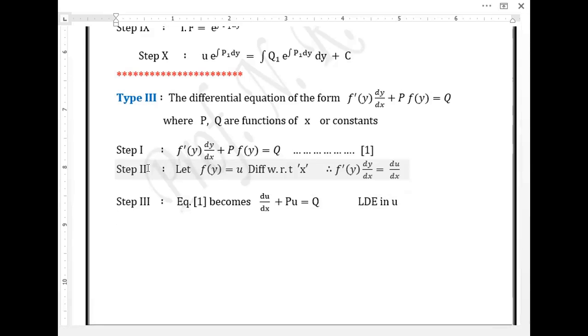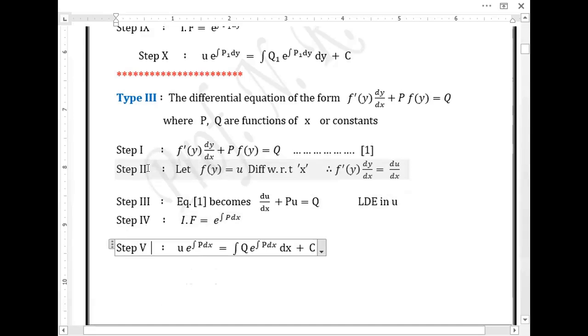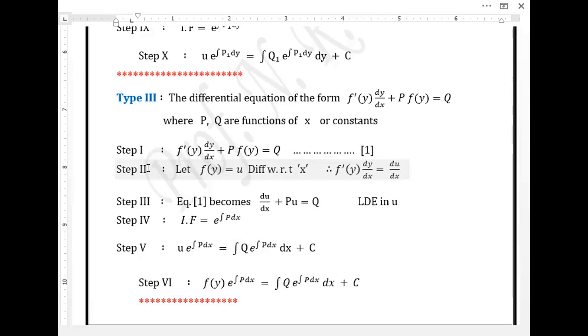And we know how to find the integrating factor: the integration of p with respect to x becomes the index of your exponential function. So the integrating factor of this differential equation is e raised to the integration of p into dx. And lastly, the general solution of such a differential equation is u into integrating factor is equal to q into integrating factor and its integration plus c. And lastly, replace the value of u with whatever we assumed, we get the final solution of